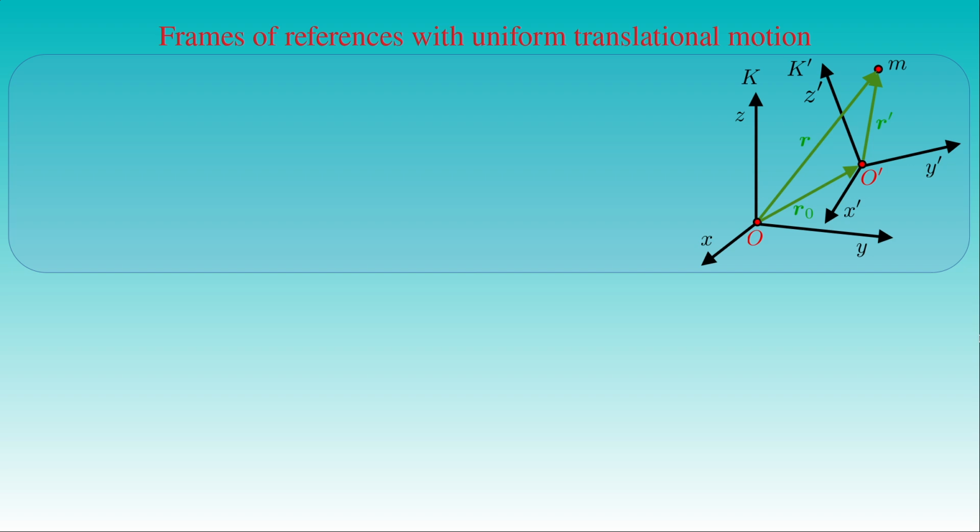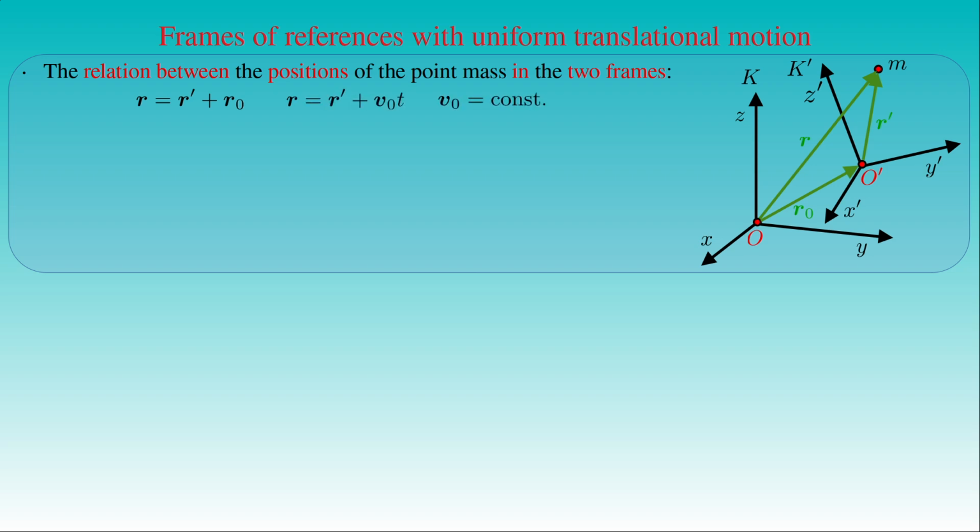Now we examine how we can describe motion in the two frames of reference endowed with the coordinate systems K and K'. If the position vector of a point mass m is denoted by r in the frame K and r' in the frame K', then, as shown in the figure, the vector r is equal to the sum of the vectors r' and r0, or the position vector r' plus the product of the translational velocity v0 and the time t, where the vector